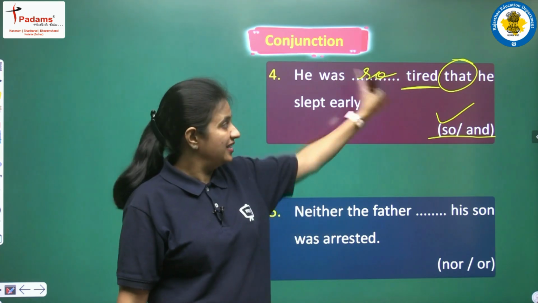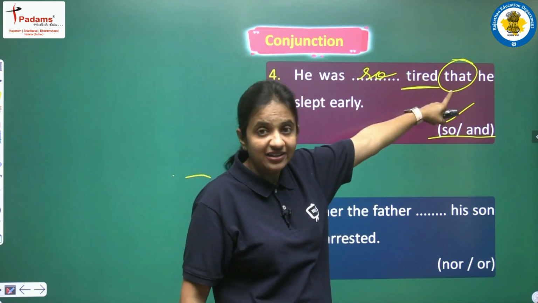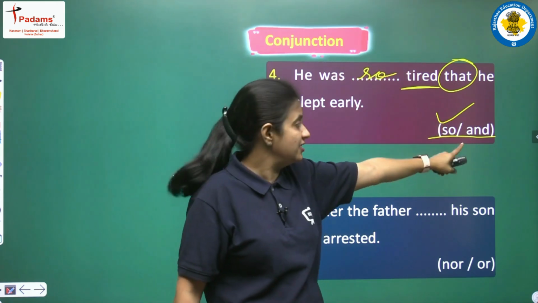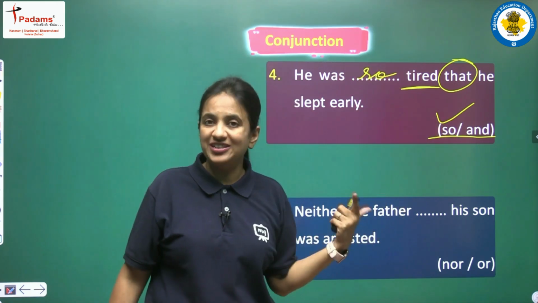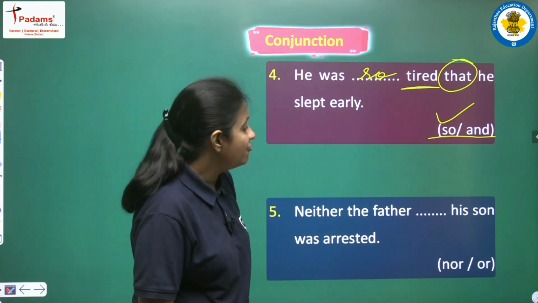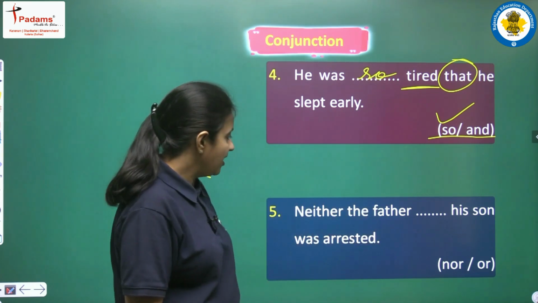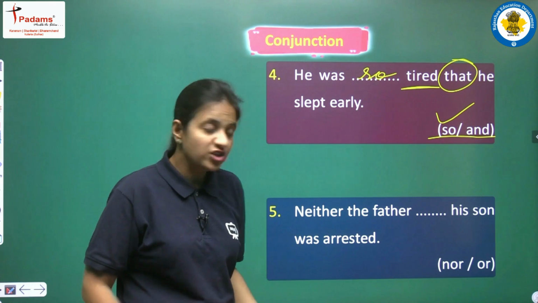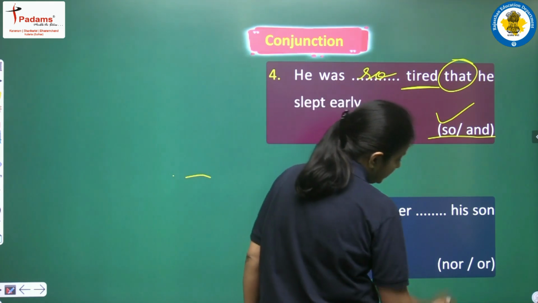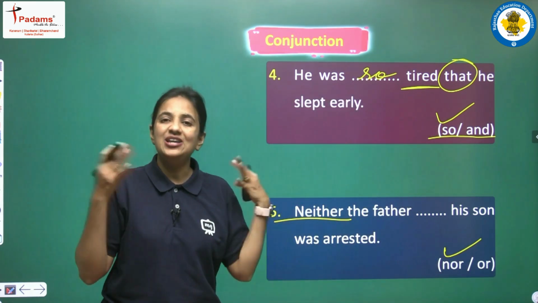Okay, so just read the sentence, just try to understand the structure of the sentence. We are having that here, and we are having an adjective here after the blank, and because of this reason we will choose so from the given options. Moving on, next sentence, neither the father, his son was arrested. So here we are having another kind of sentence structure in which we are having neither. So we all know that with neither we have to use nor, because neither nor are used together as